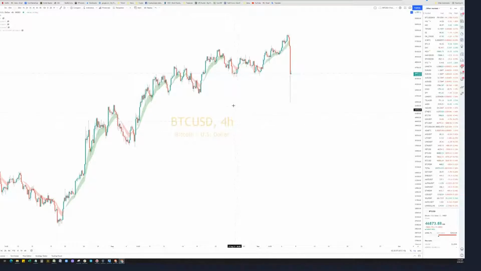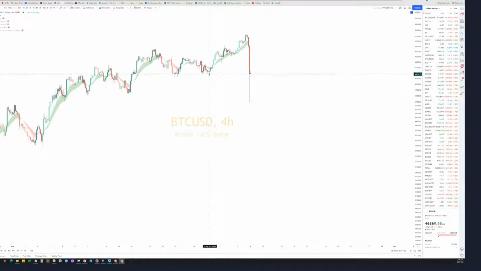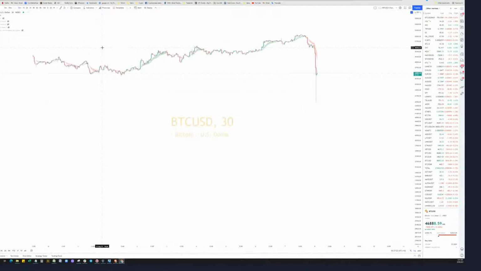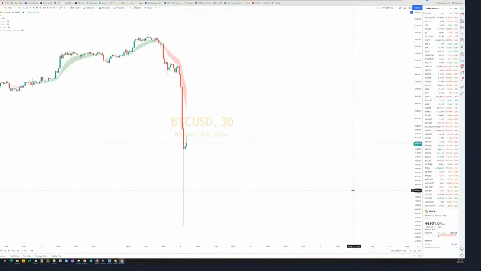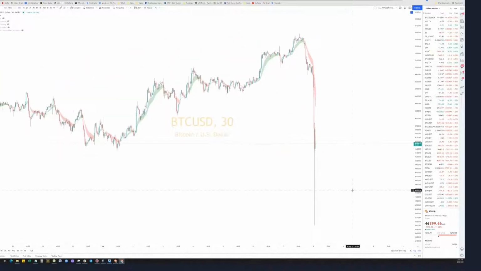So Bitcoin is still, it's on a knife's edge, isn't it? It's really struggling to hold that. That's a 4-hour chart, and look at it. It's really close. Yeah, that's very close. A bit more downward. You can see a bit of downward pressure in the last 3 30-minute candles. That's 46K,